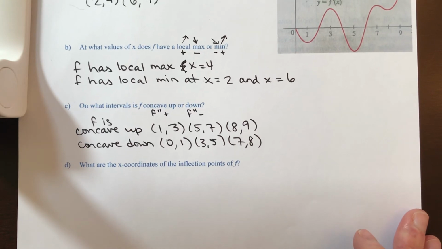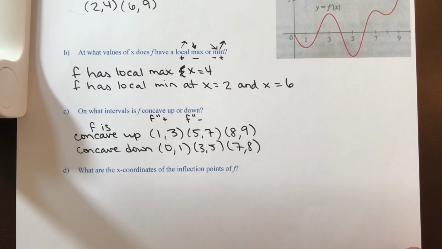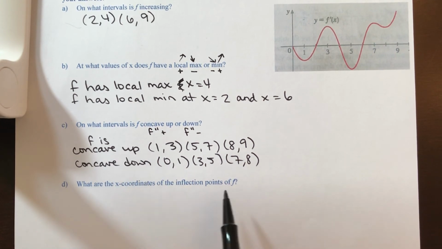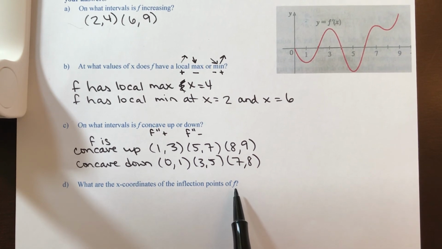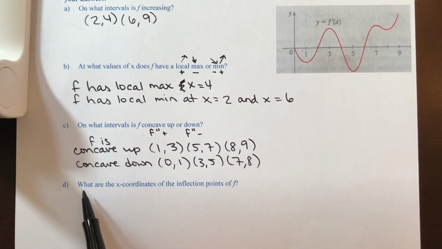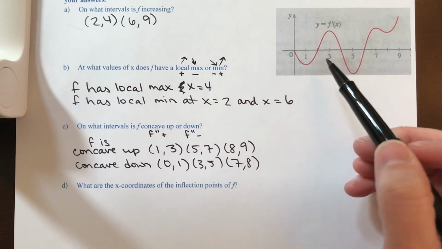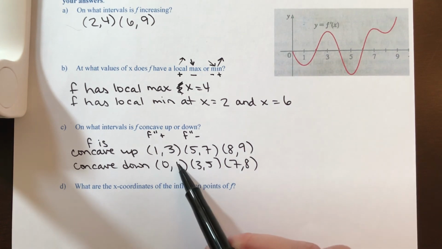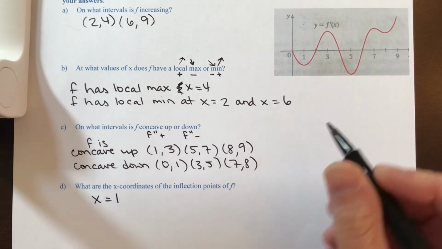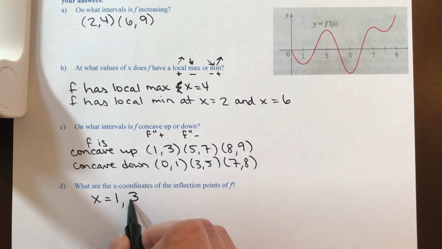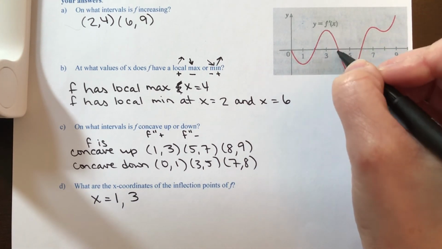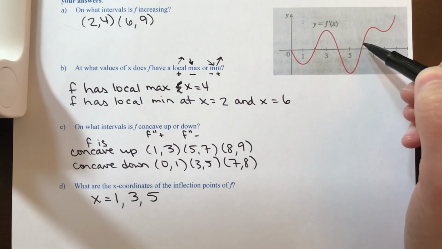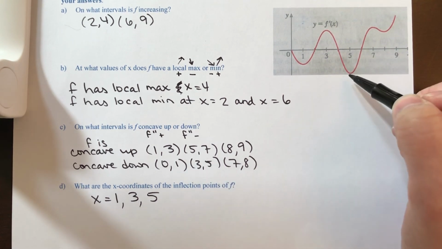And then lastly, it says, what are the x-coordinates of the inflection points of f? And so this kind of goes with your concavity. You have to remember that f has a point of inflection when concavity changes. So the x-coordinates of inflection points: since my concavity changed at 1, going from concave down to concave up, x equals 1, and then 3, because that's where f prime changes from increasing to decreasing, and then 5, because that's where f prime changes from decreasing to increasing, or your concavity changed,